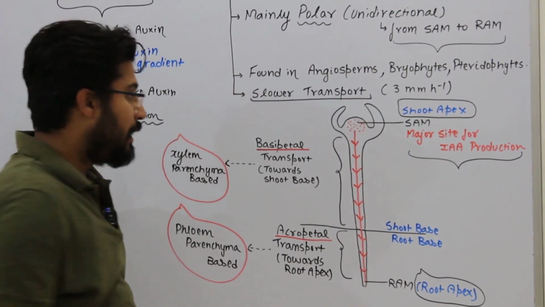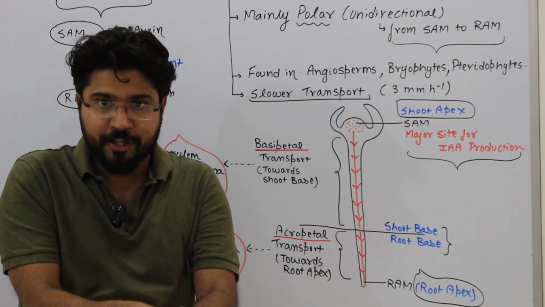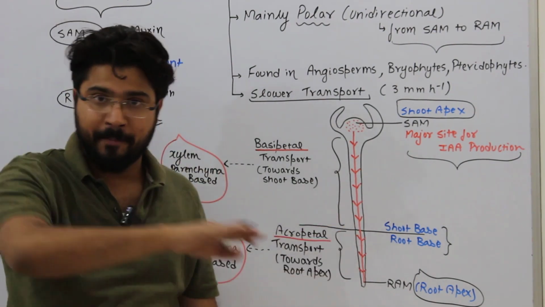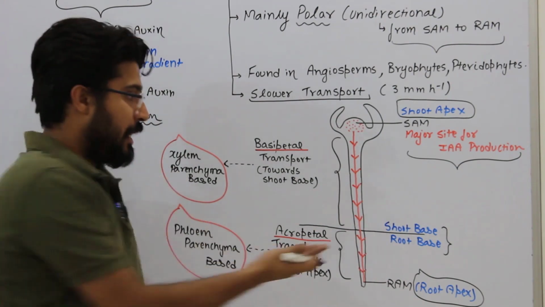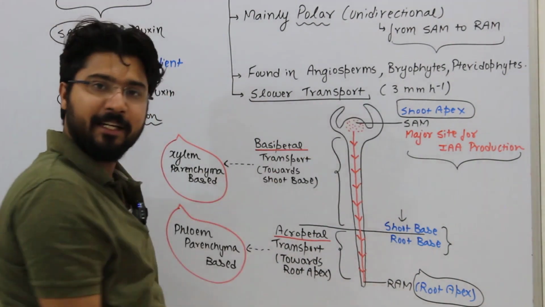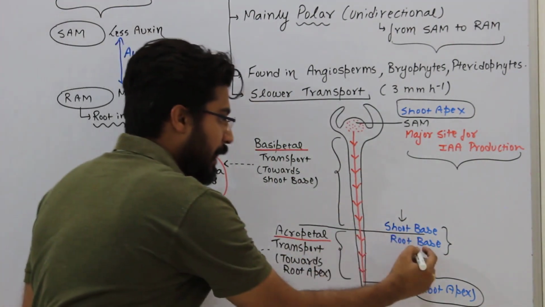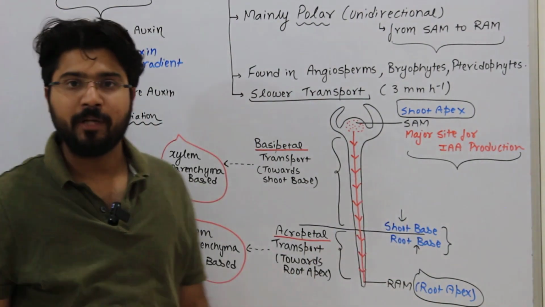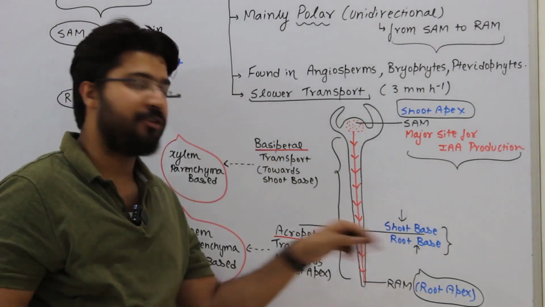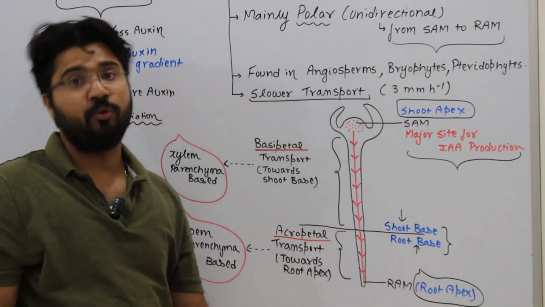Everybody should understand. Now, this ground surface or the soil, where the plant stem finishes and below the soil the root initiates, that particular base of the plant is a common base. Above the soil surface, it is the shoot base, because the shoot apex is here and this will be the shoot base, and just below the soil surface it will be what? The root base. I hope that makes sense. The ground where the stem finishes is your shoot base, and just below the ground, the root base is there, because this is the root apex.